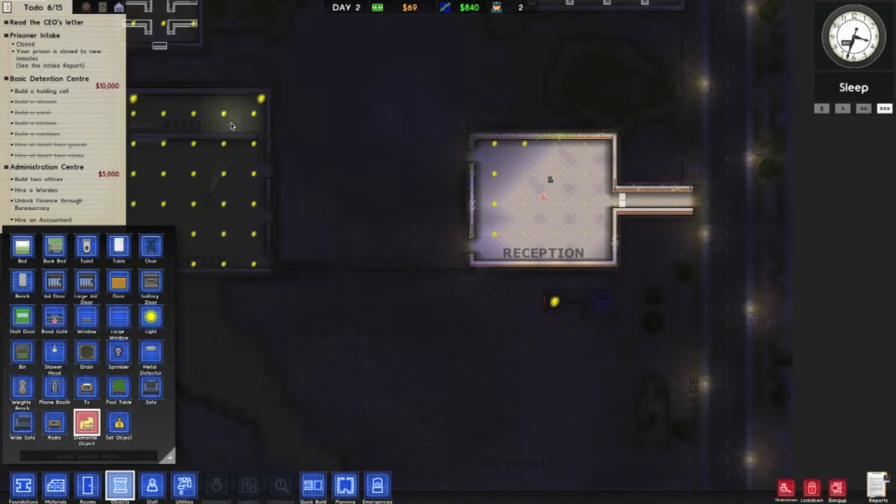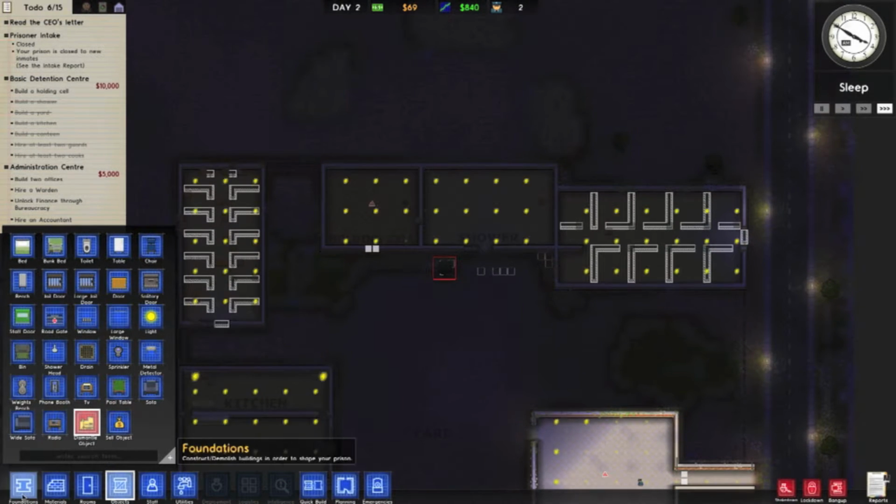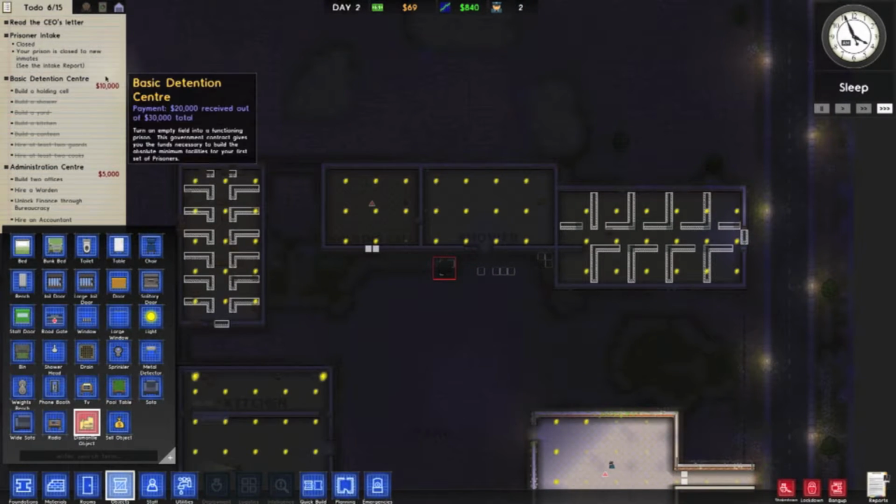So it's not actually like you get it all at once when it turns the next day. It takes a second. I think, yeah, I just need a holding cell. What's wrong with my holding cell? I need a toilet and a bench. So if I get those objects in there, I get another...